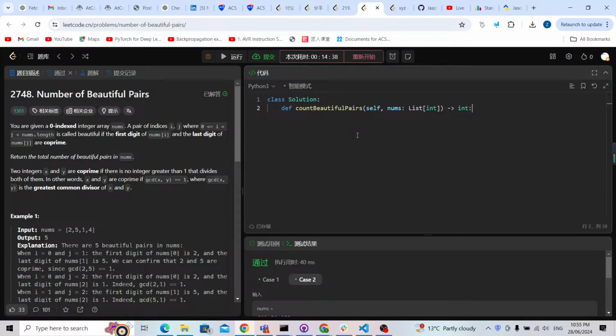Problem 2748, number of beautiful pairs. So we are given a zero-indexed integer array nums. For example, for this nums, a pair of indices i and j, where i is less than j, less than nums length, is called beautiful if the first digit of nums[i] and the last digit of nums[j]